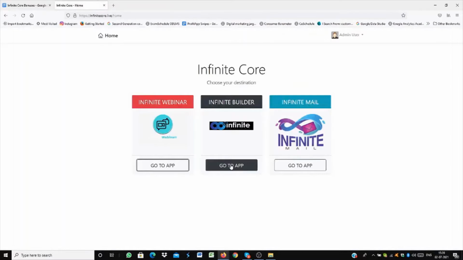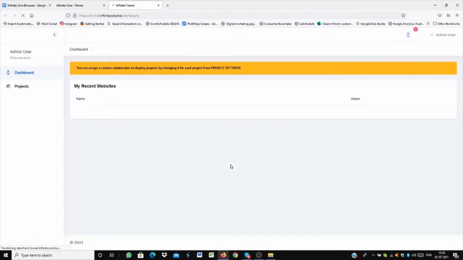The next one is Infinite Builder. For that, you just have to do the same thing, click on it. Once you click there, I'll be showing you how to create, basically build high converting pages. So in the left side, you can actually see the dashboard and projects. So click on project,